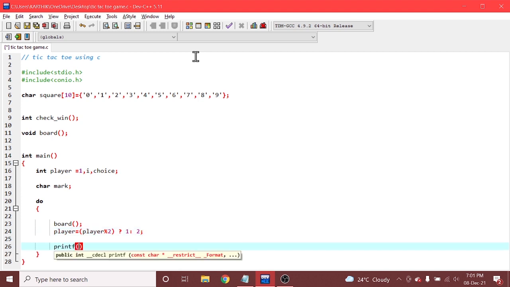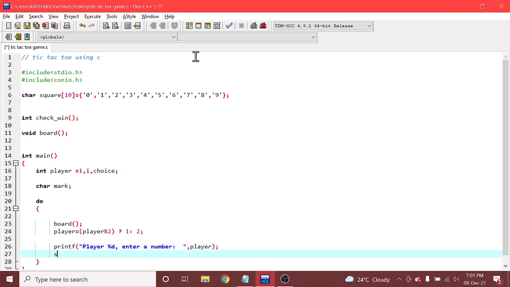And we are using an input statement as well. Printf, percent d, enter a number, and we are telling the player, because the player has that number, and scanf that number into address of choice. We have created choice here, right? So I'm saying scan it into address of choice.